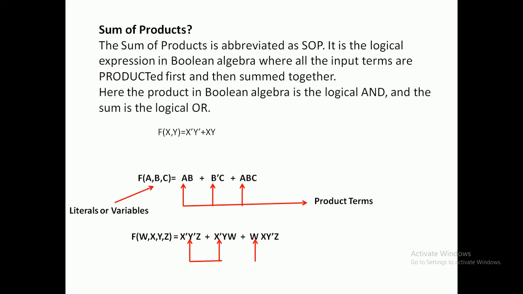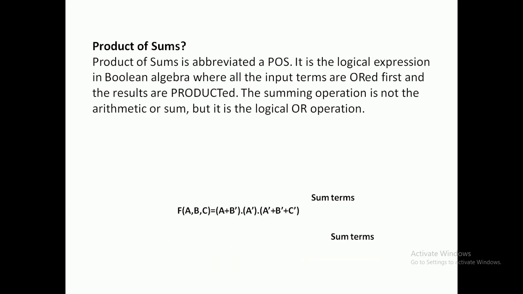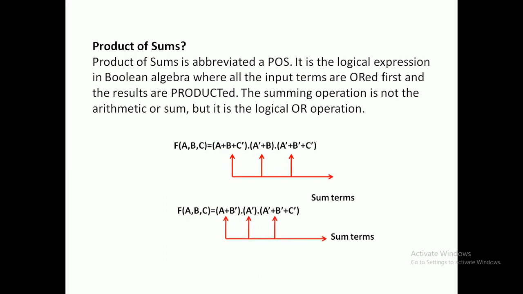Okay, next let us go to the product of sum terms. Here also I am repeating the same thing. The definition here: terms are created by summing the signals with each other, and after that they are ANDed, or they are passed through the AND gate. So that will create the product of sum terms. Similarly here also, a second example.